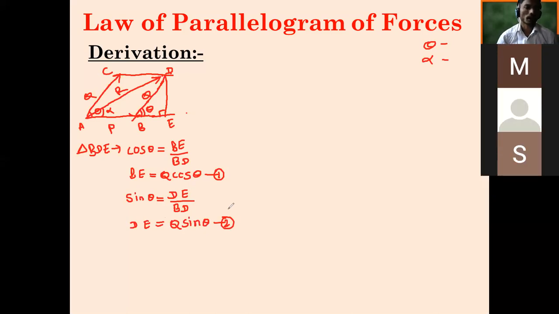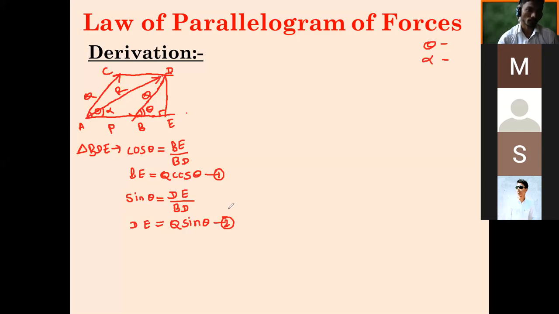Now, the small right angle triangle we have considered. What is our aim? What do we want to calculate in this? We want to calculate the resultant R. Keep in mind, we want to calculate resultant R. So which right angle triangle should we consider now to calculate R? ADE, or AED. No issue. Which triangle do we have to consider to calculate R?